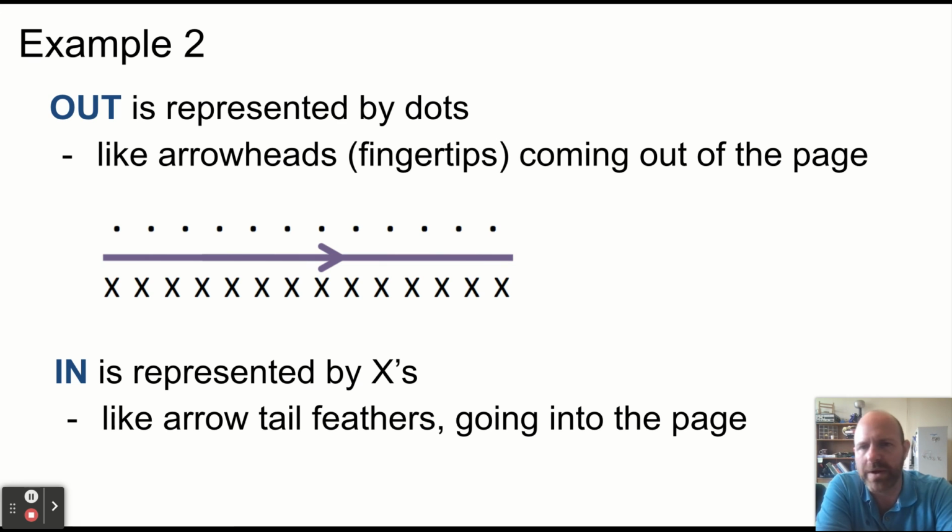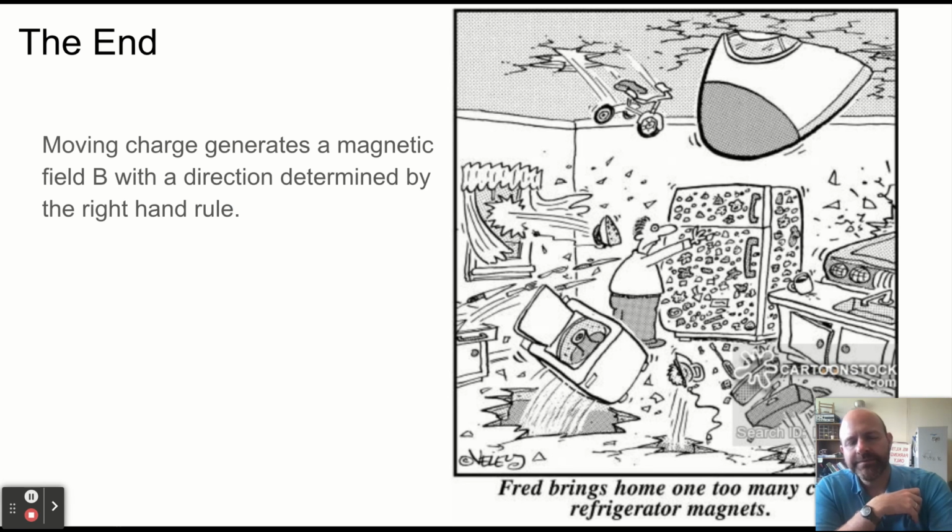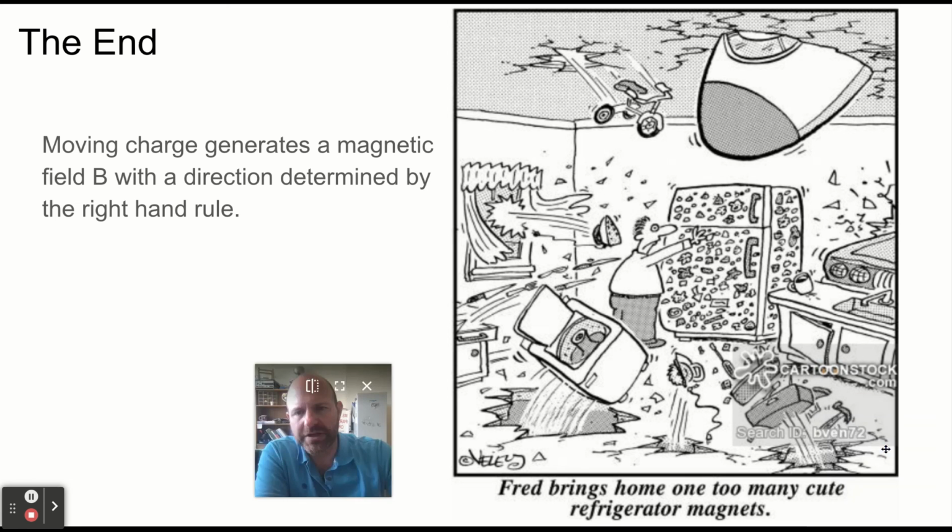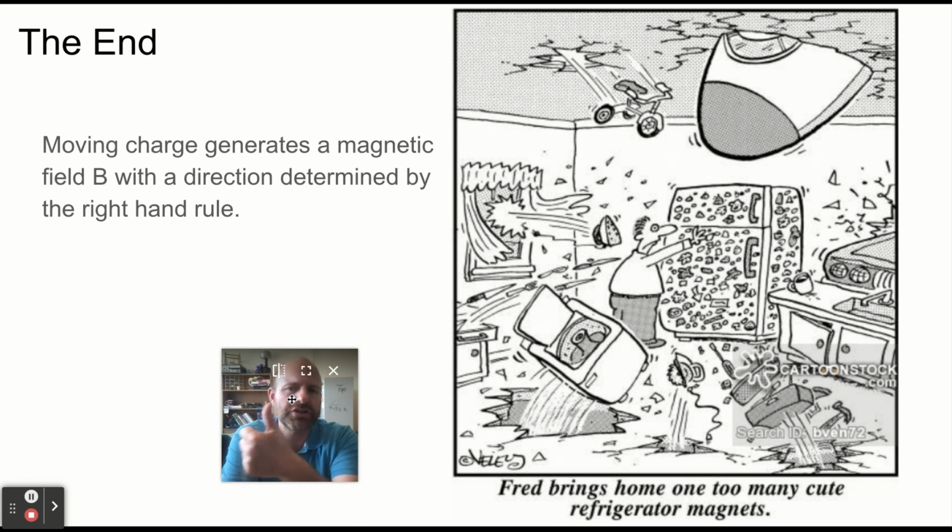So that's the way we think of our directions when we're drawing something that's really three-dimensional in the plane of a page, right? Anything that's in the plane, you can draw as arrows or circles. Anything coming into or out of the page, we use these X's and dots. All right. So that is your introduction to magnetism, right? Moving charge generates magnetic fields with a direction determined by the right-hand rule. We have some conventions for how we draw that, but that's